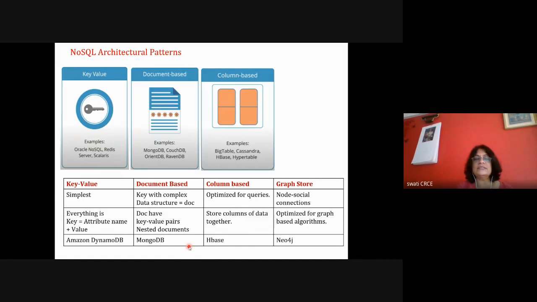Okay, then the third type is column based. In case of RDBMS, if there is any particular row and that row has 5 columns, all the 5 columns' information is stored together. Means the information of a row is stored in consecutive memory locations. All the column values for a particular row are stored sequentially. So even if there are null values, some memory is allocated and that is getting wasted.